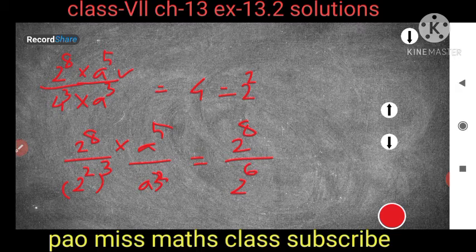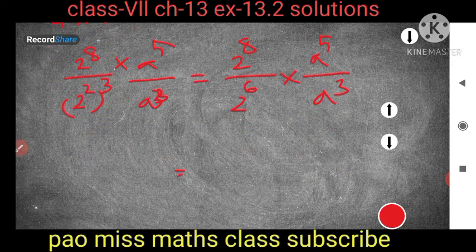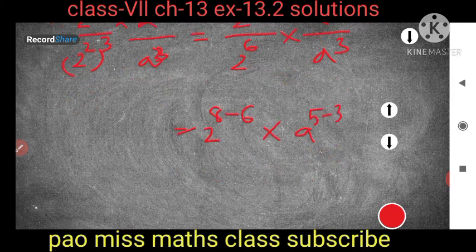Multiply a to the power 5 and a to the power 3. Now when these are divided and the bases are the same, the power will get minus, isn't it? Then a to the power 5 minus 3. Now 8 minus 6 is equal to how much? 8 minus 6 is equal to 2. That means 2 to the power 2 multiplied with a to the power